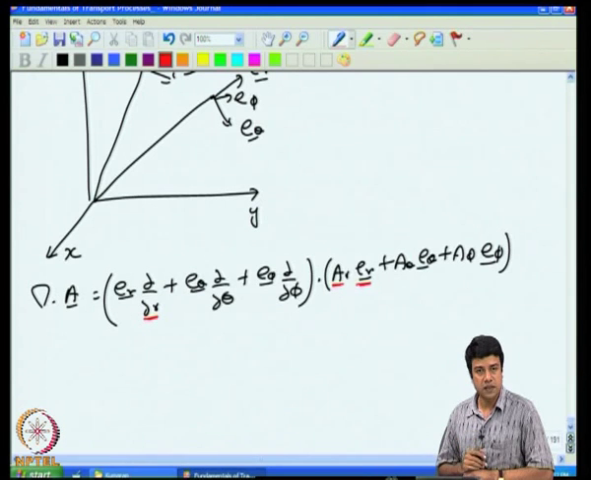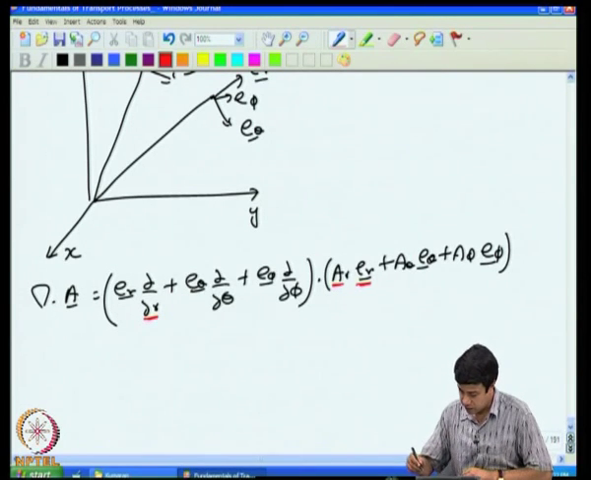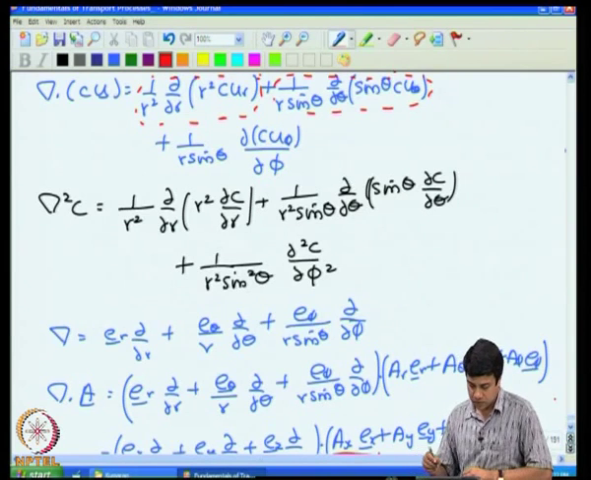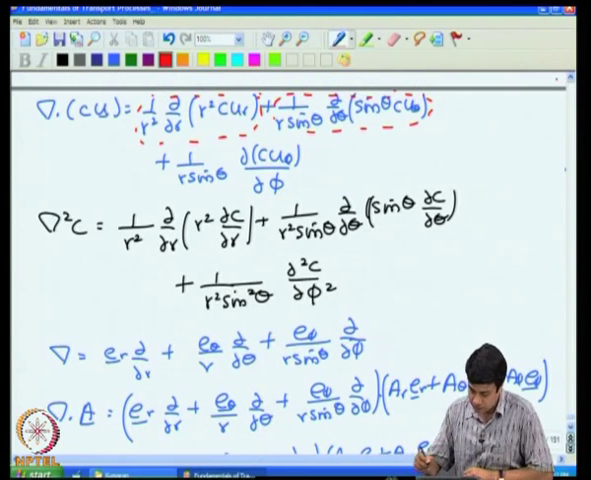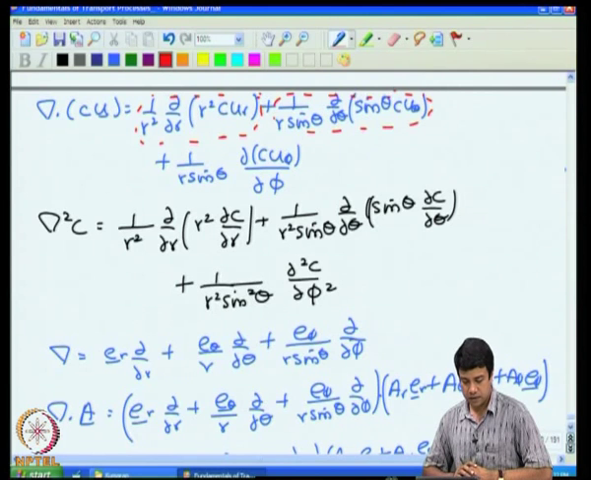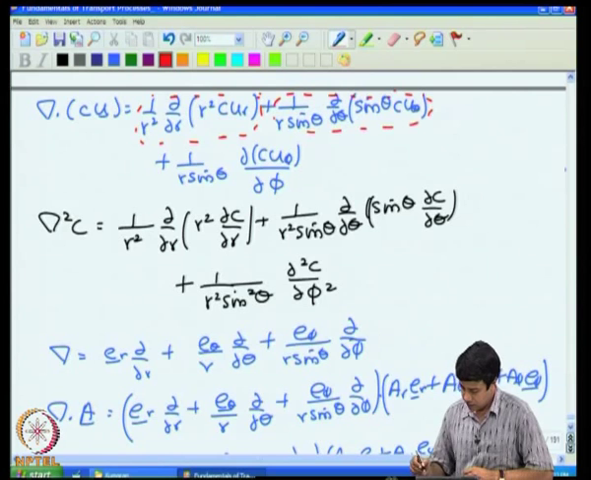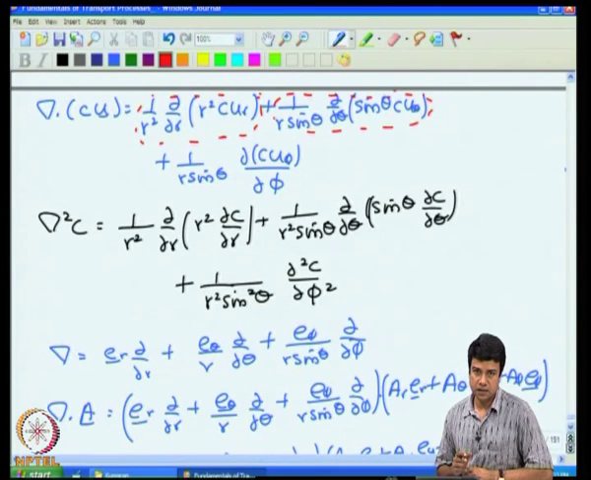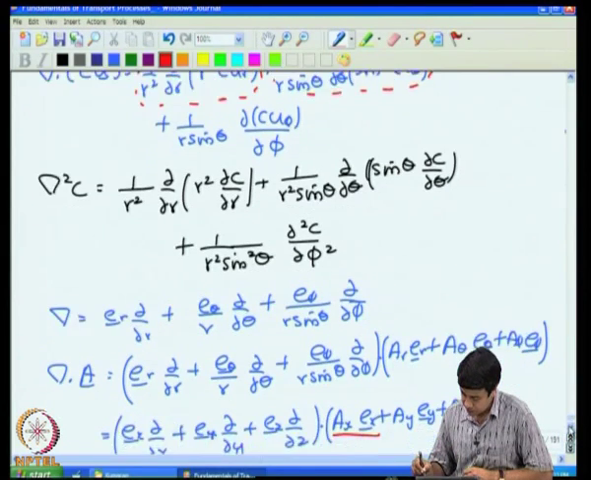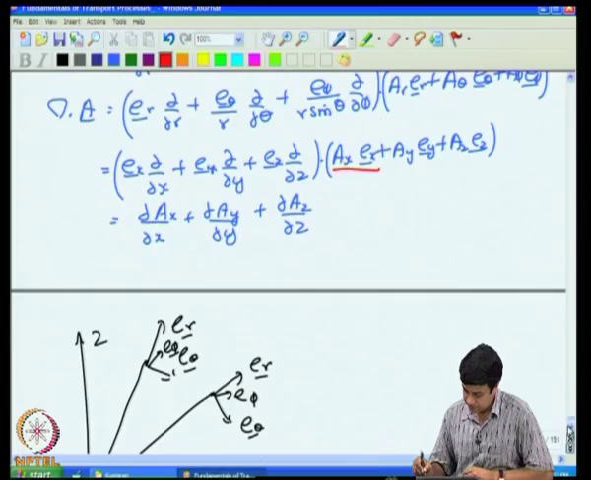Okay. And those additional terms in the equation for del dot A can effectively be shown to give these additional terms of this kind: 1 over r square d by dr of r square c u_r plus 1 over r sin theta d by d theta of sin theta c u theta plus 1 over r sin theta d c u phi by d phi. Okay. So, that is why the divergence has a form that is different from the gradient. Okay. Similarly, when I take the Laplacian,